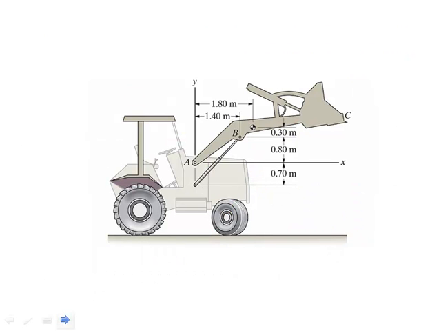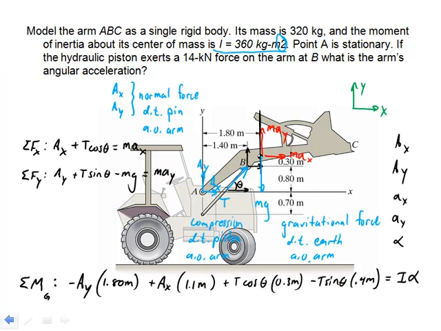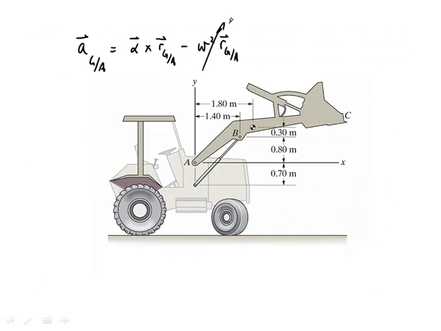As I examine this system, if I want to know the acceleration of G with respect to A, this is a vector quantity, that's going to equal alpha, which is what I'm looking for, crossed with the position of G with respect to A, vector, minus omega squared times the position of G with respect to A. Now in this particular problem, we're not given an angular velocity, and so we're going to assume that it starts from rest. So that term is going to be 0,